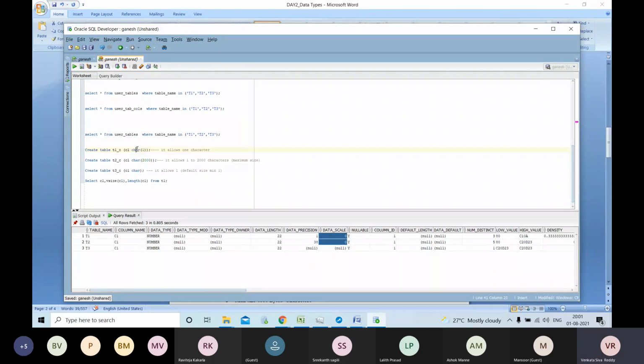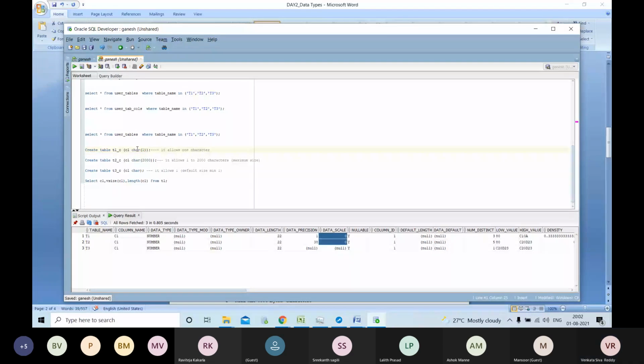In the number data type you haven't mentioned any size, but it occupies the maximum size. In the character data type, if you haven't mentioned any size, it will treat it as the minimum size. In varchar2, if you haven't mentioned any size, it will give you an error. It won't allow creating any table like that without the size of the column.